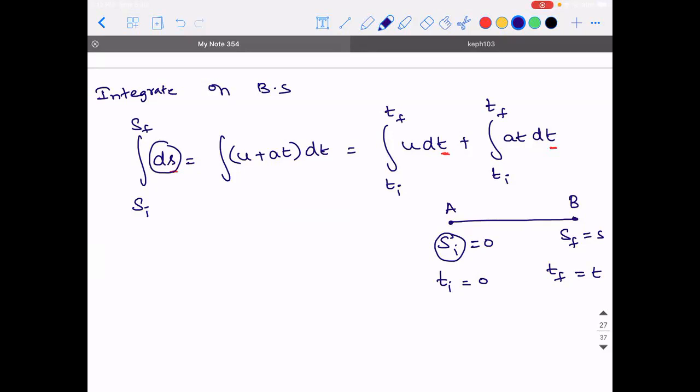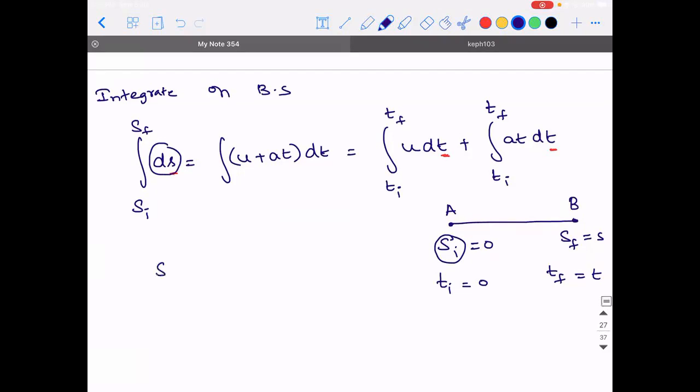What is integral of ds? Integral and derivative are opposite operations of each other. So integral of a derivative will be the value itself. So S from where to where? From S initial to S final is equal to, u is there, u will come out of the integral. So u into integral of dt from t initial to t final plus